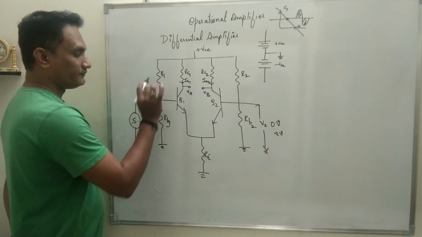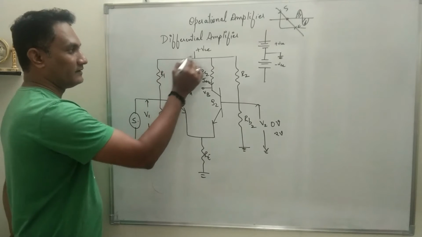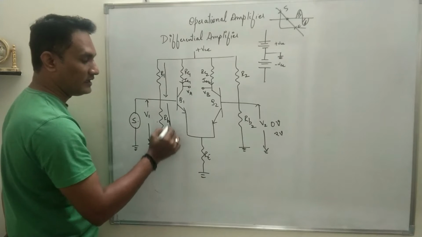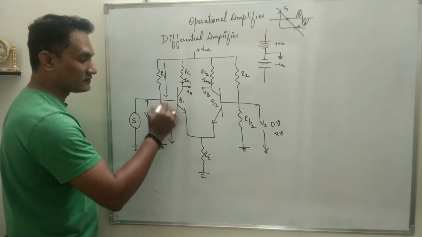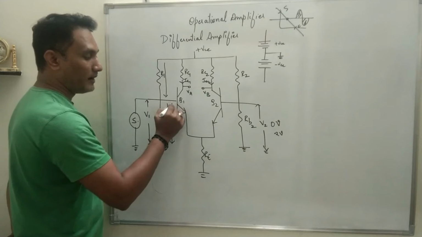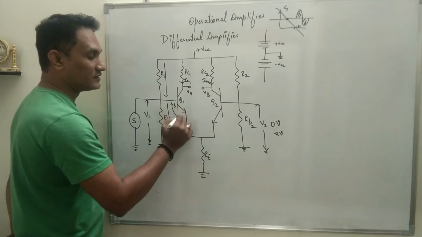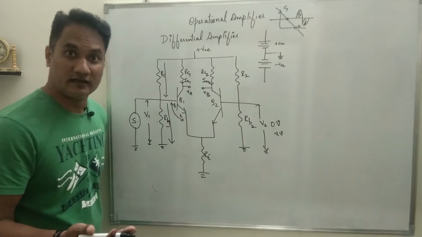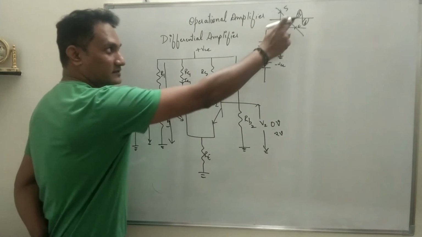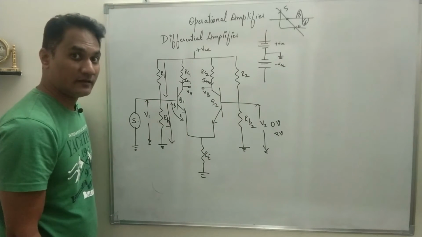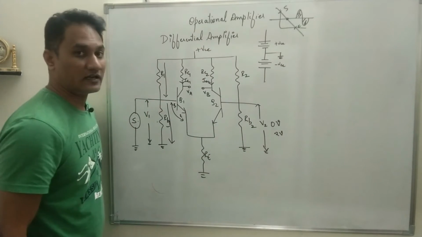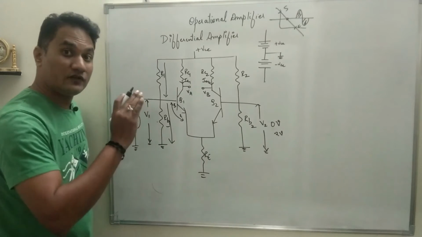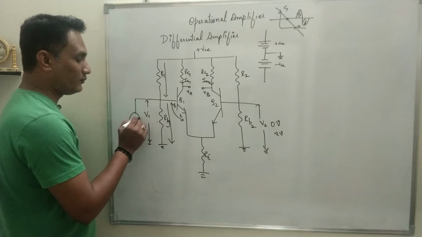When the source was not connected, current was flowing through R1, the same current was flowing through RB1, and this voltage drop produced across RB1 was biasing the base emitter junction of transistor Q1, which is the forward bias junction, right? If it is properly biased, the operating point will be at a stable position, between saturation and cutoff. But as soon as a source is connected with low output resistance,